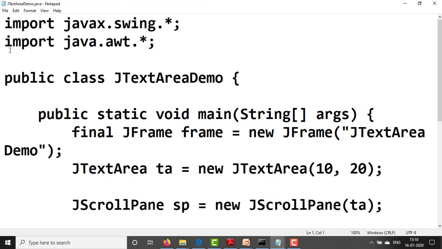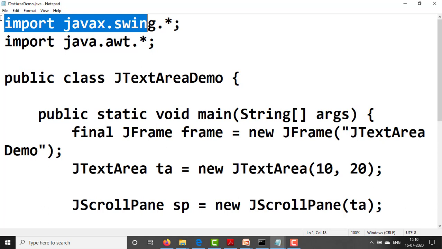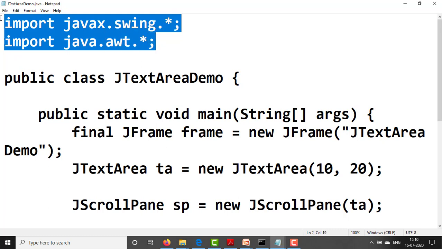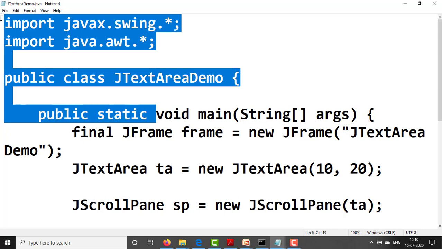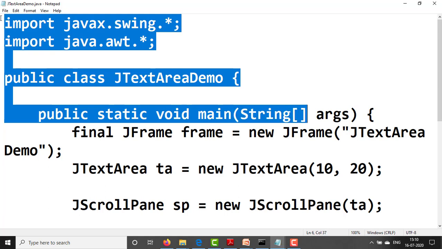JTextArea demo. Import the packages: import java.awt.*, import javax.swing.*. Start the class, public class JTextAreaDemo. Open the class body, open curly bracket, public static void main. Here we are using the frame. public static void main(String[] args).